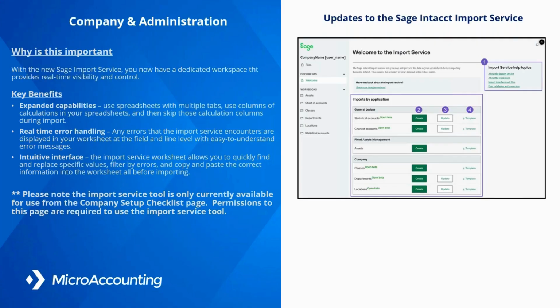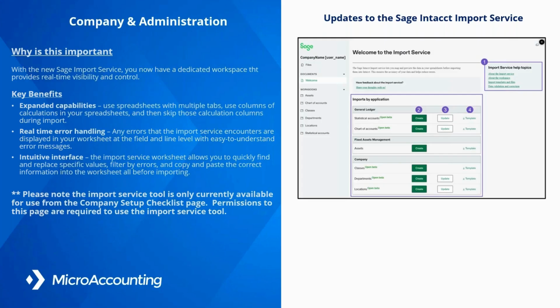So for those folks that import a lot, you know that we'll import a file, we'll wait, and we get an email that says it's been successful or there's errors. The way that process works is it goes one at a time, then it's going to find another error and another error. Sometimes that import process can take you 15 minutes, especially if it's new. With this new import service, it shows all those errors at once, and you can clean them up right on the screen. So again, a very powerful new tool that they keep expanding and enhancing.